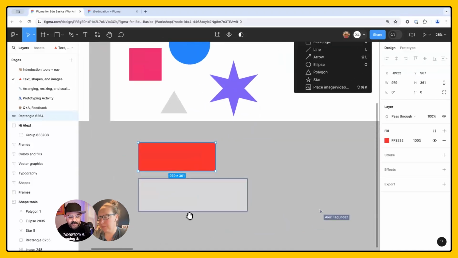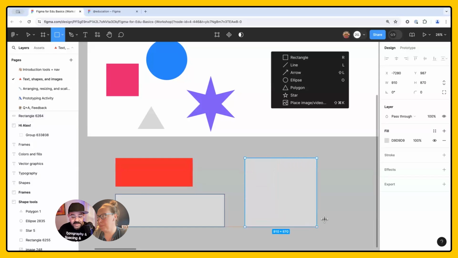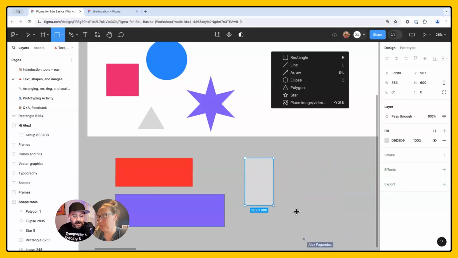So Alex is going to draw a rectangle. A few things about drawing shapes. There are some shortcuts that are helpful when you draw a shape. So when I click and draw this, you can see that it's currently freeform. However, if I want to maintain a width and height of this object so it maintains itself as a rectangle,